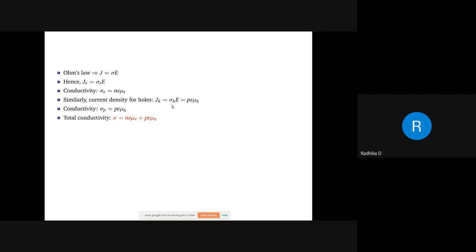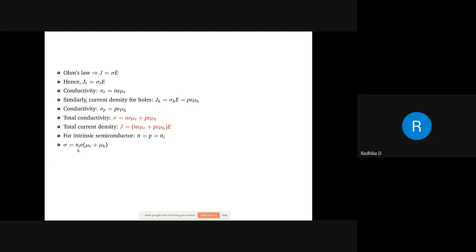I can even write an expression for total current density. Now, what I do is I consider that since it is an intrinsic semiconductor, I can take N is equal to P is equal to another term, Ni. I will not say it as a constant, I will say it as Ni, intrinsic carrier concentration. I'll replace N and P with Ni, so I'll get Ni into e as a common term. So sigma becomes Ni e into mu E plus mu H.